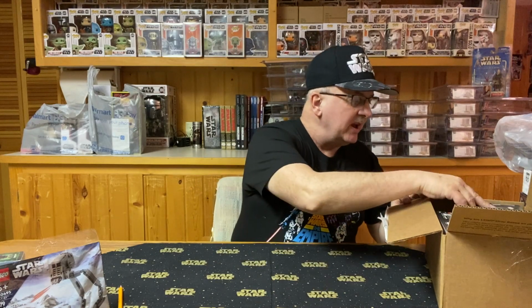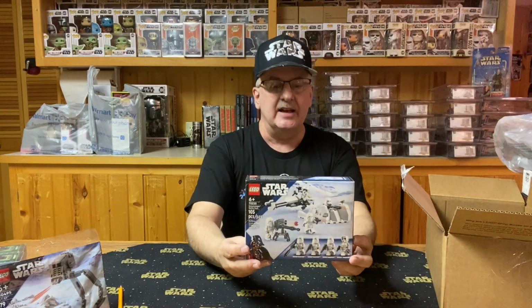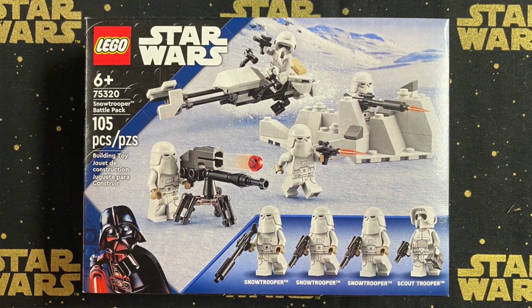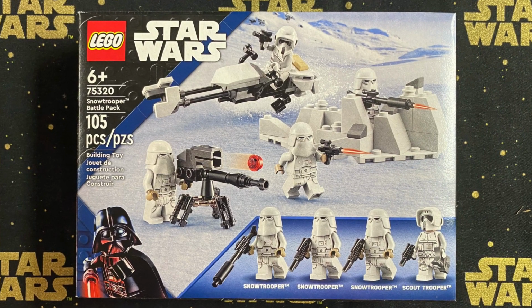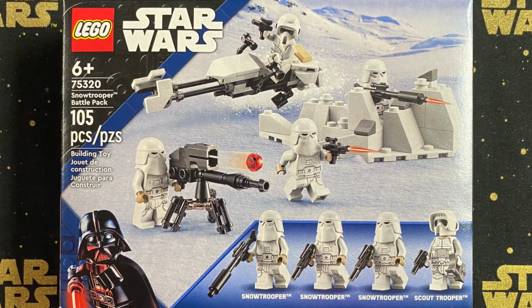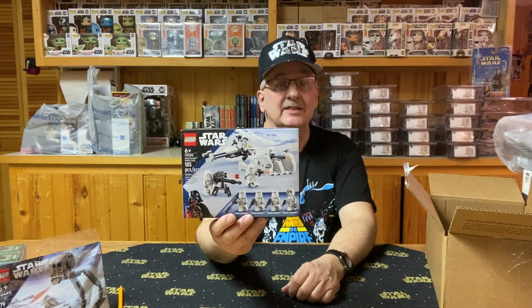Next, we have, well, there's the other Boba Fett. Next, let's go over this one. And as you can see, this is kind of a nice little set. It is the Snowtrooper Battle Pack, number 75320. And this one comes with 4 Snowtroopers of various type and a few other weapons that they use along